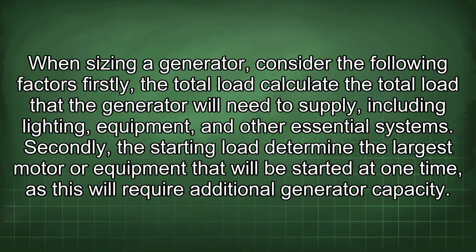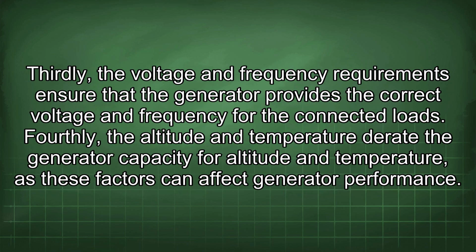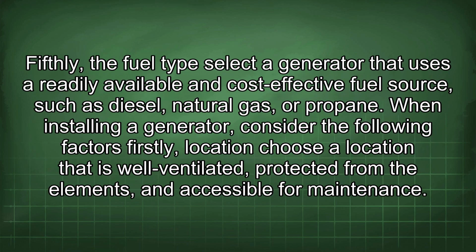essential systems. Secondly, the starting load. Determine the largest motor or equipment that will be started at one time, as this will require additional generator capacity. Thirdly, the voltage and frequency requirements. Ensure that the generator provides the correct voltage and frequency for the connected loads. Fourthly, the altitude and temperature. Derate the generator capacity for altitude and temperature, as these factors can affect generator performance. Fifthly, the fuel type. Select a generator that uses a readily available and cost-effective fuel source such as diesel, natural